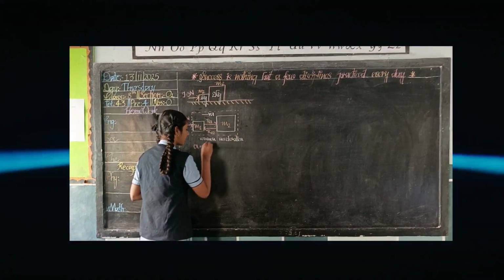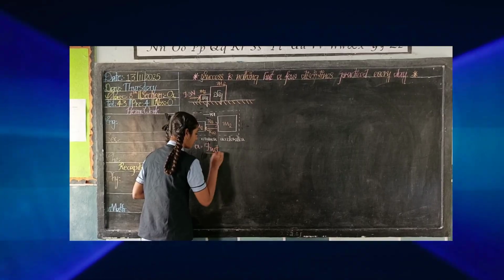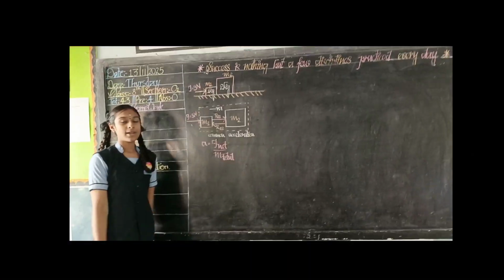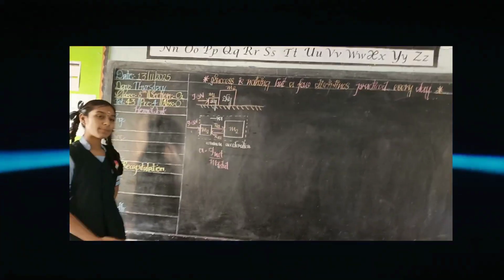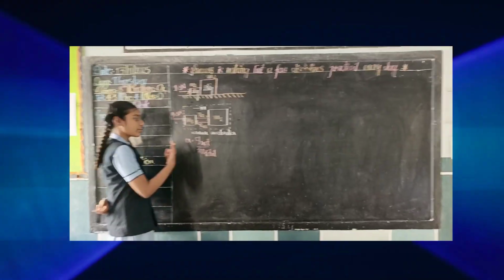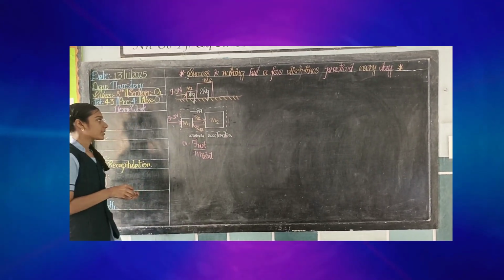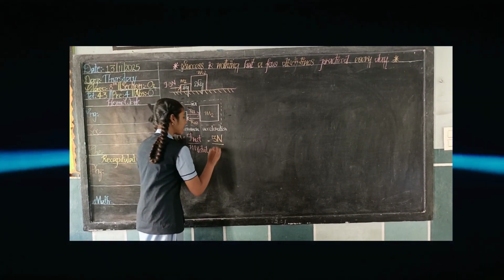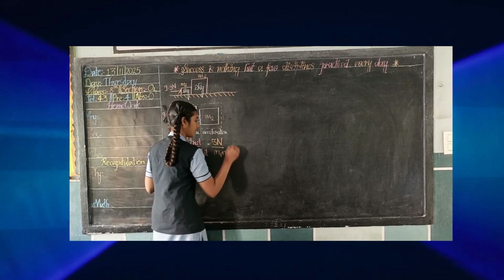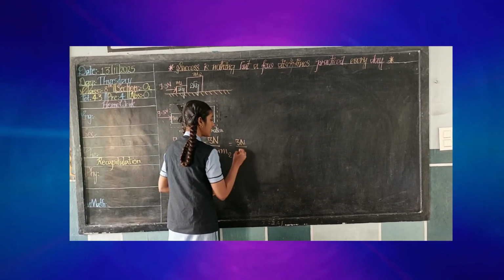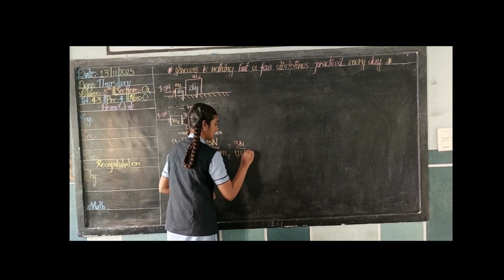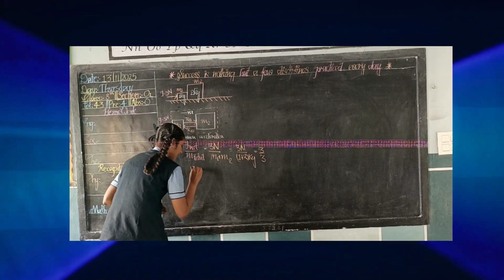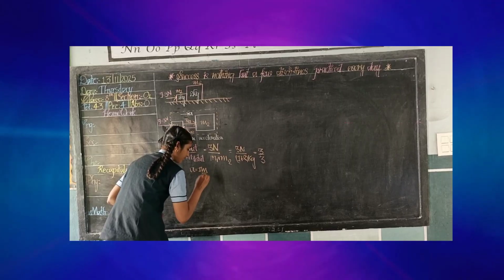Acceleration is equal to F net by M total. Generally, we know the formula that force is equal to mass into acceleration. From that, we can derive the formula acceleration is equal to force F net by M total. So, the force is 3 Newtons. And the total mass, first body M1 plus M2, that is 3 Newtons by 1 plus 2 kg. 3 by 3 is equal to 1, then we'll get acceleration as 1 meter per second squared.